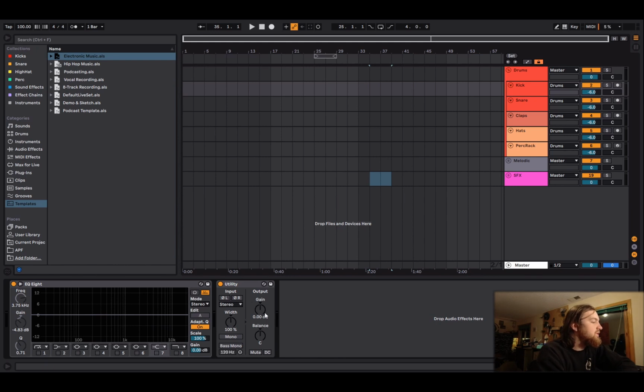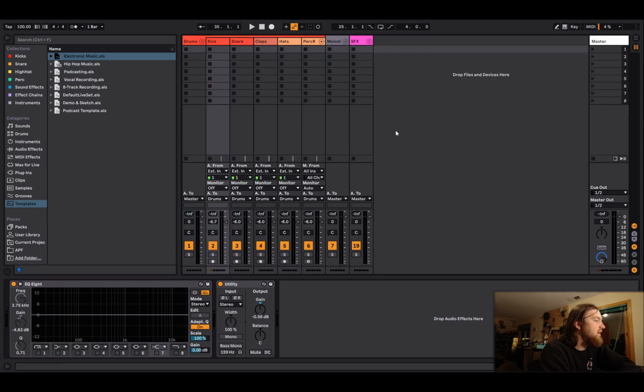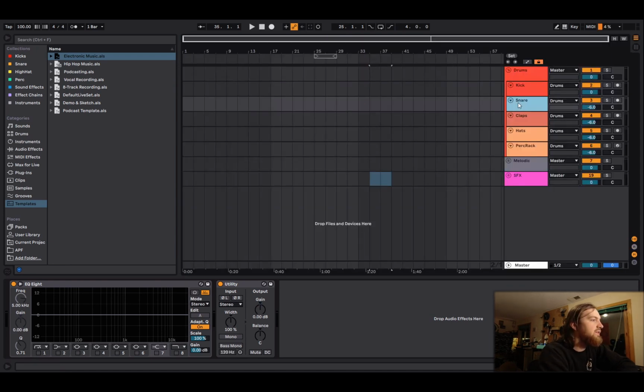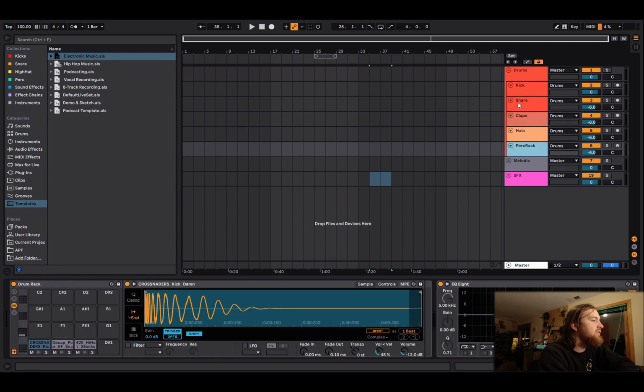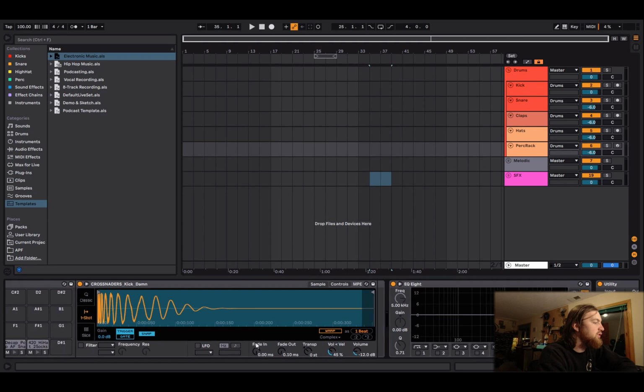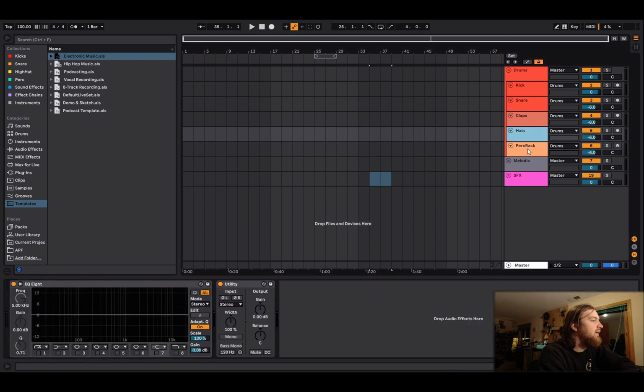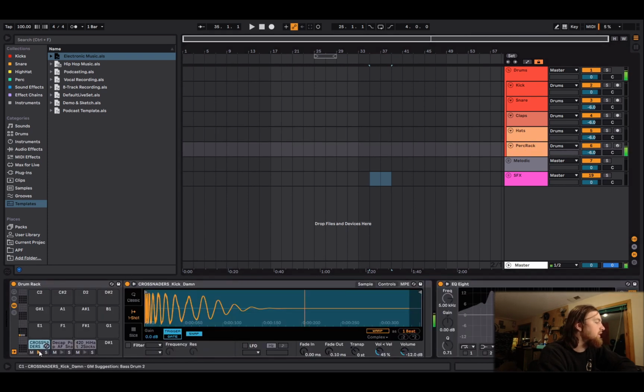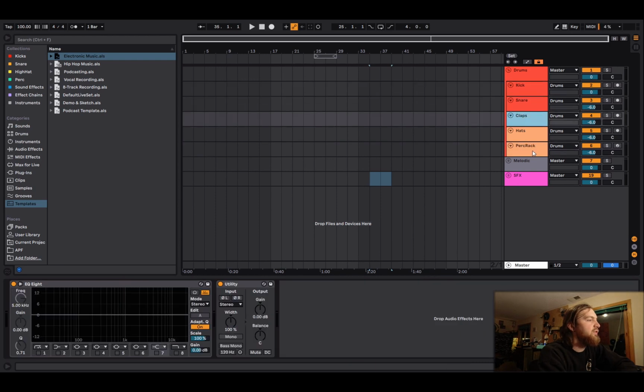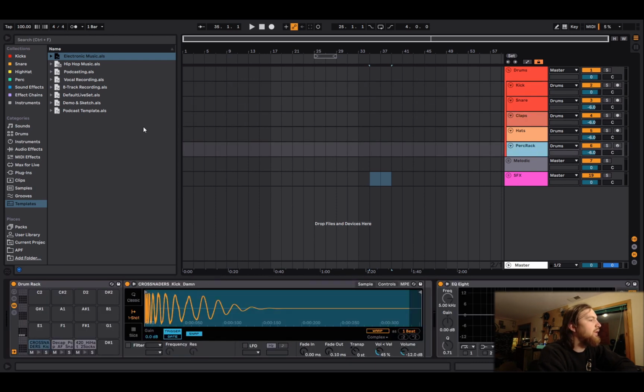I also use this gain here for automation rather than this, so that when I get to the mixing stage, I can mix like this. So then basically all of these tracks just have the same thing, with the exception of this one. This is my percussion rack, and instead of just using an audio track, I put a percussion rack here. Currently I have these 3 samples, but most likely what this will be used for is sounds that don't fit into here. So maybe bongos or other things,